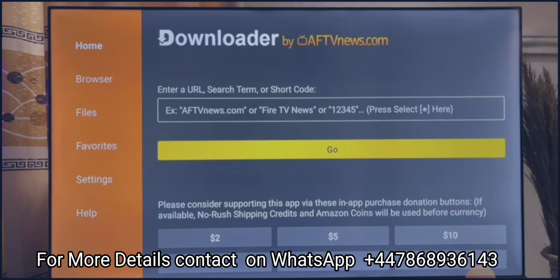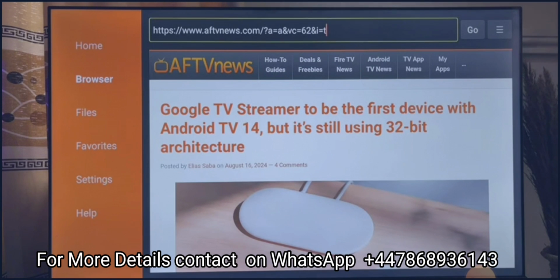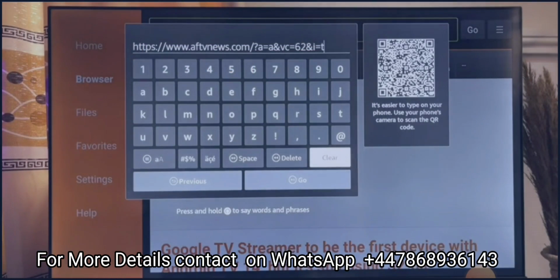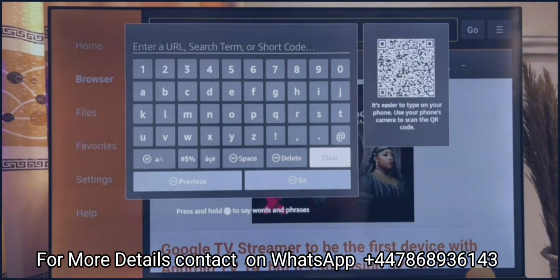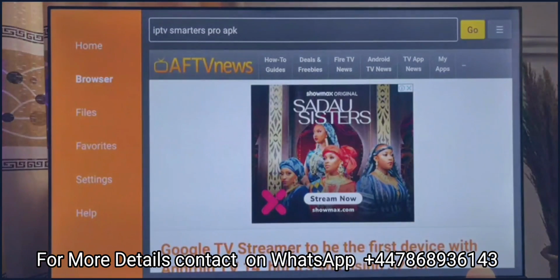Now you want to head over to the browser option at the top left corner of the Downloader app. Click on Browser. Now you're going to get this nice looking browser. Now you just want to scroll over to the top, just like so. Click on it, and now you want to go ahead and search for IPTV Smart House Pro APK. And once you're done typing, you want to go ahead and click on the Go button over here. Click on Go,